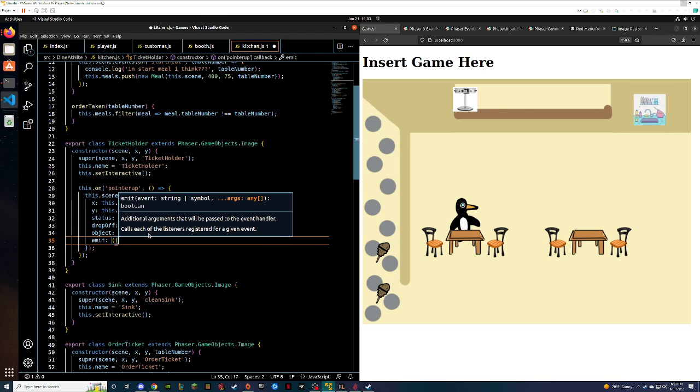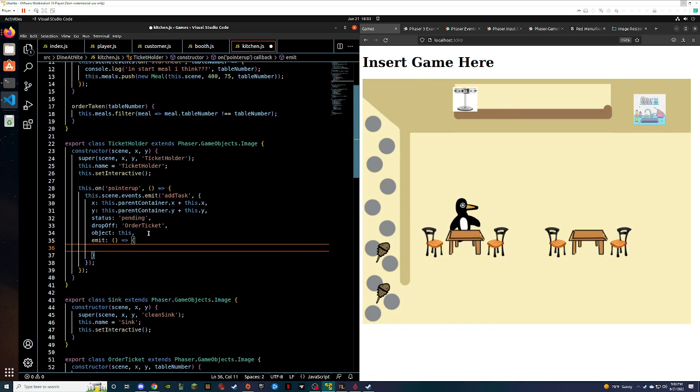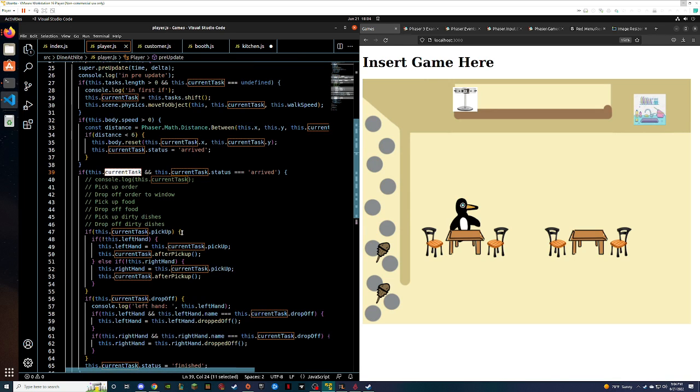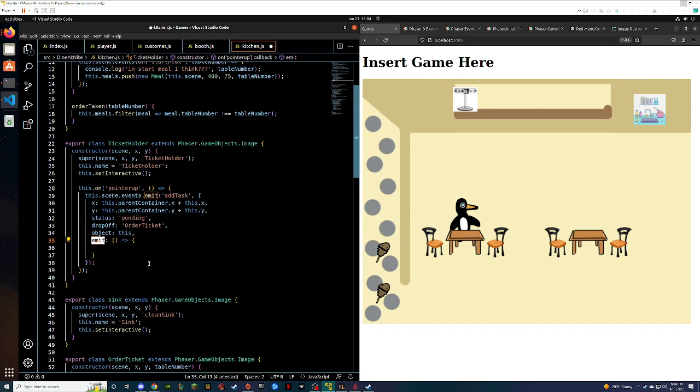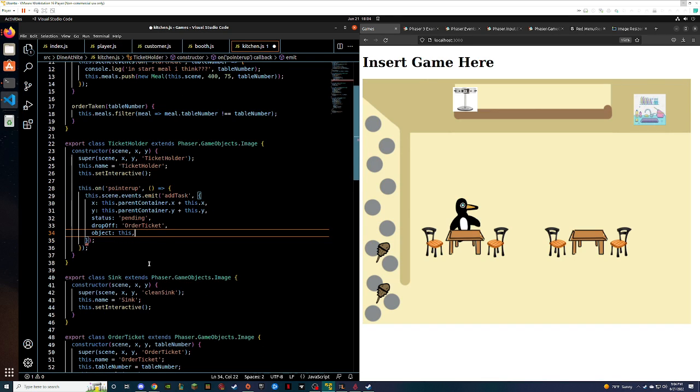Then we can have a function here that will emit, and this will be called when we get to the task in here. Which brings me to the first point of this.